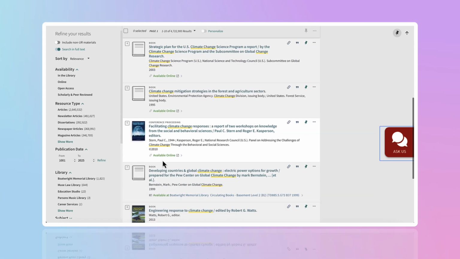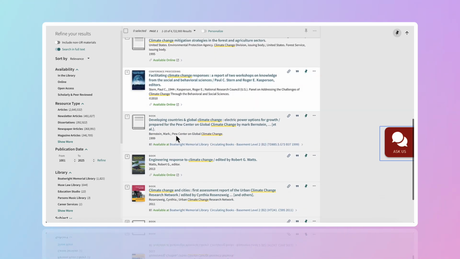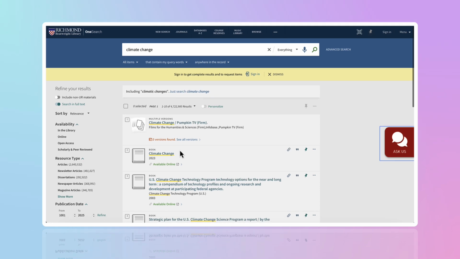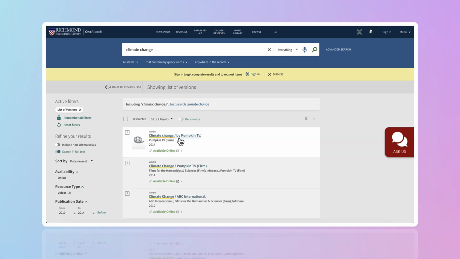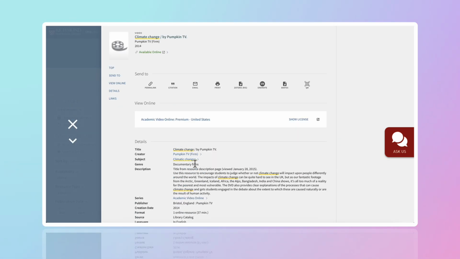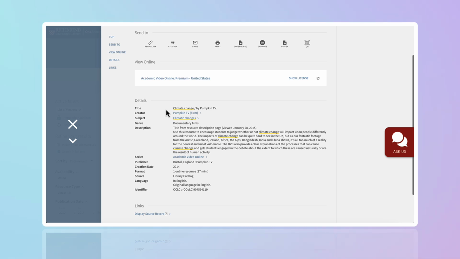You scroll down here, we have some conference proceedings, many other materials. So if I were to click on any of these records, it would open that record up here for me, and then I would be able to look at the information. So I could take a look here at the title, the creator, the subject, and just so you know, when